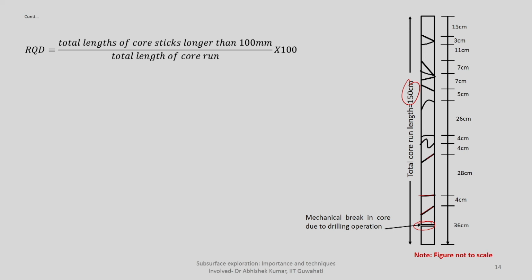So what RQD will tell you is the total length of all cores which are greater than 100 mm or 10 centimeters. Based on the core stacking at the surface, you can measure the different length of each of these cores between each natural breaking or discontinuity. This one we will consider as an intact part of the core, because the break has happened because of mechanical breaking or the drilling operation. It was not there in natural condition.